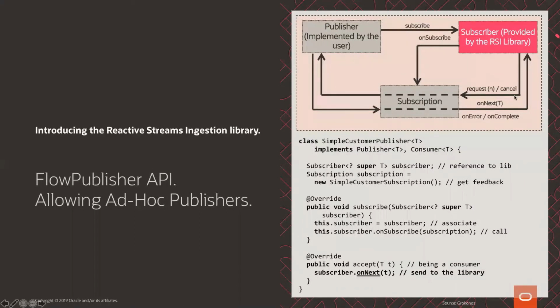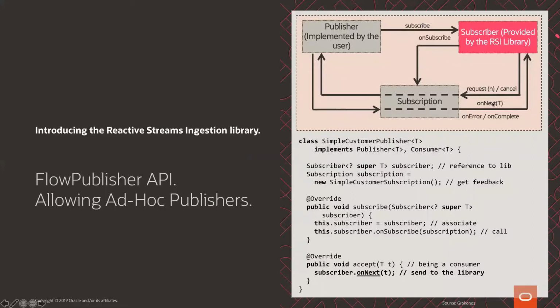In this interaction, the library is the subscriber, of course. It's the one that is receiving the records. And what you do is you create a publisher that is going to subscribe to the library, and it's going to build a subscription that you also have to provide, that is going to make a relationship between the library and your publisher.